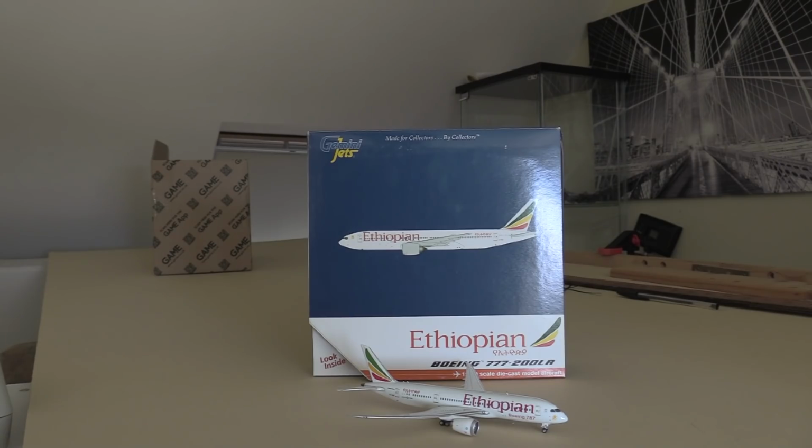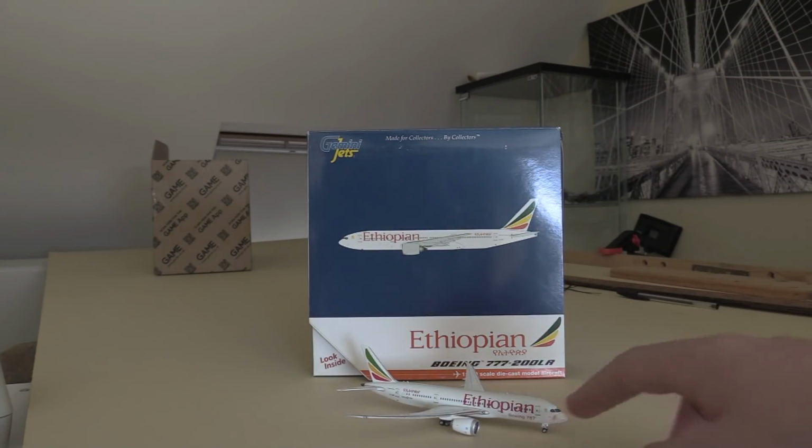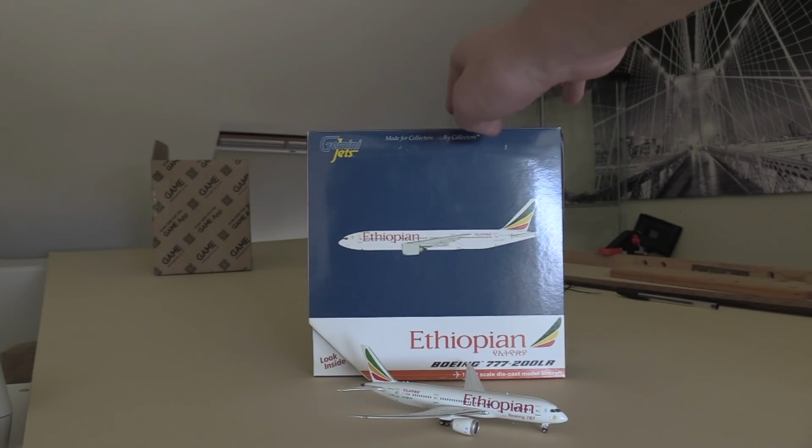Ethiopian will fly from Addis Ababa up to Dublin. They stop in Dublin, and then they fly from Dublin to Dallas, and then back from Dallas they fly direct to Addis Ababa. They're one of the first flights to arrive in the morning. They arrive with Emirates and Air India, and those kind of aircraft, of course, on a normal schedule. Now usually they'll operate the 777-200. They do operate also the 787-8 and the 777-300, but primarily they'll operate the 777-200LR, which is the main